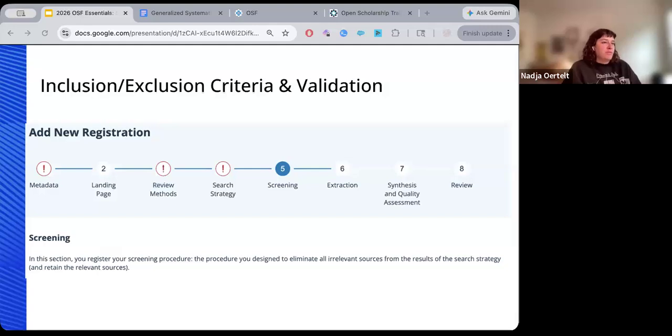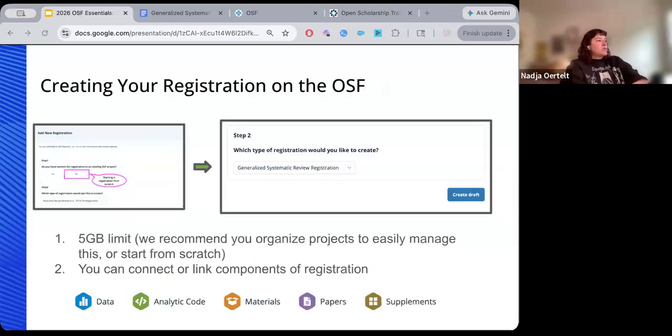And so the value of documenting all that very clearly in advance is that you can clearly explain the divergence in the future, but also you are able to do that because you have that material within the review. So I'll just walk through a couple of basic steps in creating this kind of scoping or systematic review registration